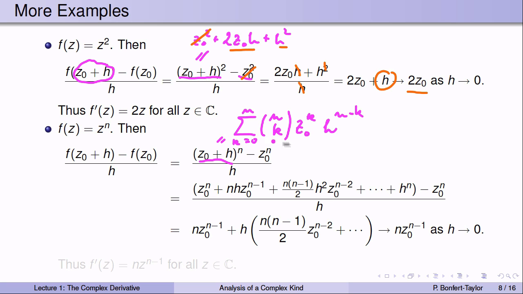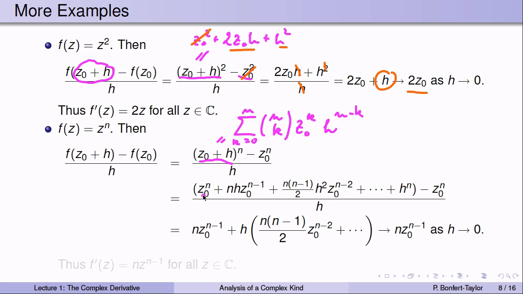You don't really need to know this binomial theorem. All you need to know is that when you multiply through, you have different powers of z0s and different powers of h that always add up to n, and the binomial coefficients tell you how many of those terms you